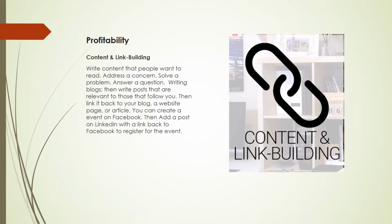Writing content that people want to hear, that addresses a concern, solves a problem, answers questions. These kinds of things give you relevance. It gives you credibility, but it moves from credibility to profitability because then it increases your ranking. So when someone's looking for you, Google is going to pull you up and present all of your stuff because you have done a good job writing a blog, writing posts that are relevant to those that follow you. Then link it back to your blog, to your website page, or to your article. These link backs, writing blogs, and then creating social media posts on these and linking them back to your website increases your relevance when it comes to Google or any